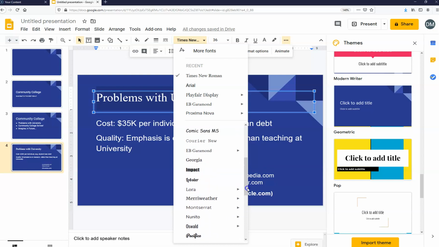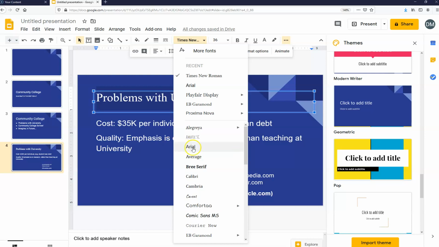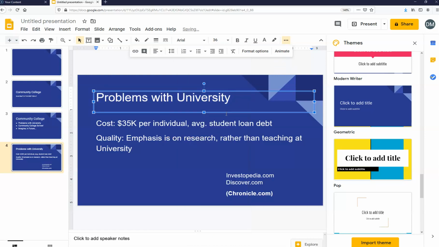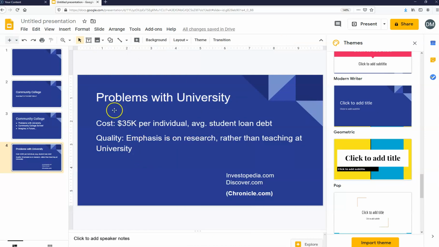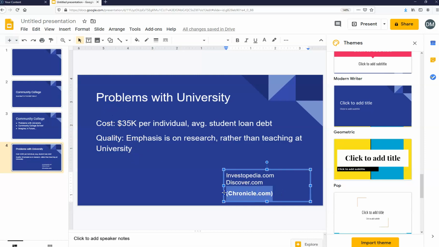EFGHIJKL. Well, it may not have Helvetica. That's why we're defaulting to Arial. There you go. And it looks nice and clean. So, problems with university: cost, quality, and